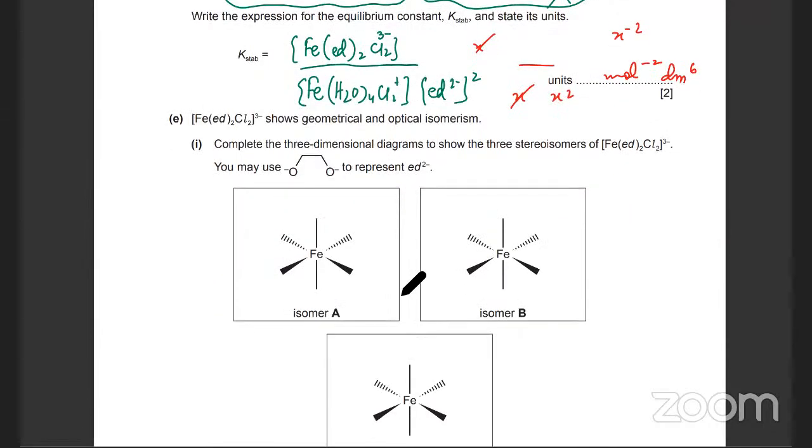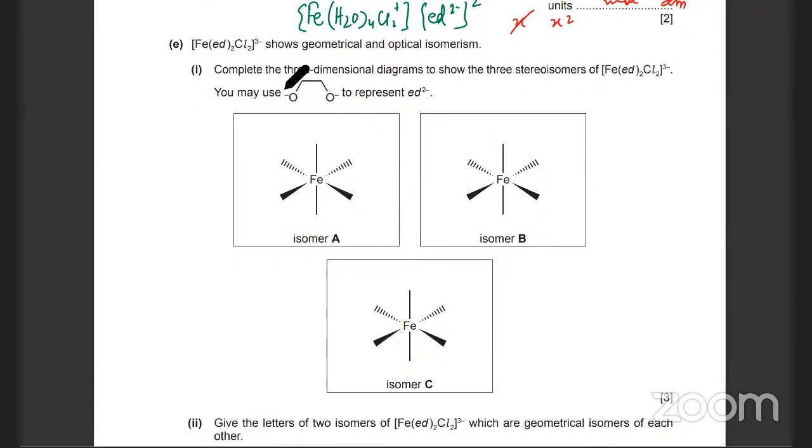Then you're being asked to draw and complete the 3-dimensional diagram to show the 3 isomers of [Co(en)2Cl2]+. So, 3 isomers. Remember, this is the skeletal formula. So what's going to happen is that you're going to have